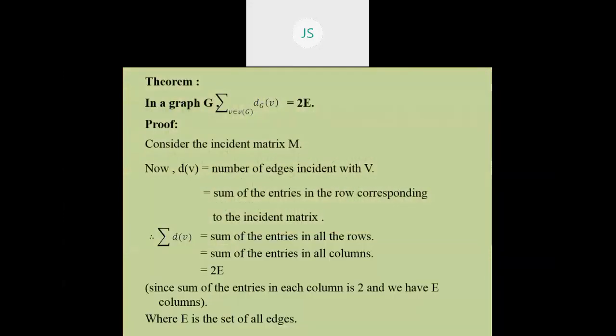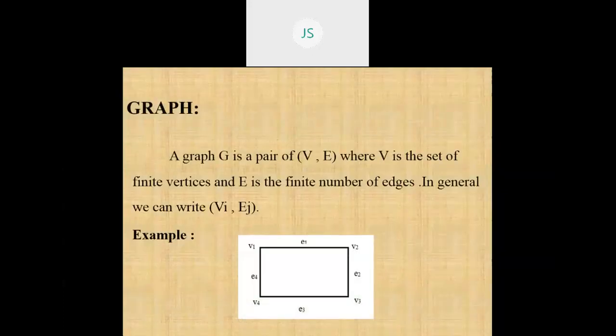We can see some example, that is a rectangle. In the graph, we denote the vertices V1, V2, V3, V4. We should name these in a clockwise or anti-clockwise direction. In this particular graph, V1, V2, V3, V4 is a clockwise direction. So the line between V1 and V2 denotes the edge. We name it E1, and V2 to V3 is E2, and V3 to V4 is E3, and V4 to V1 is E4.